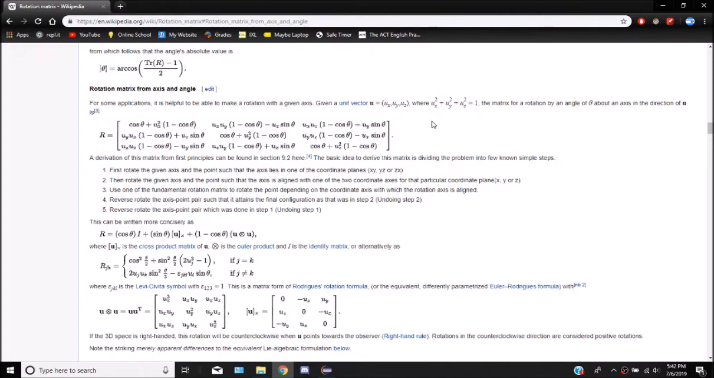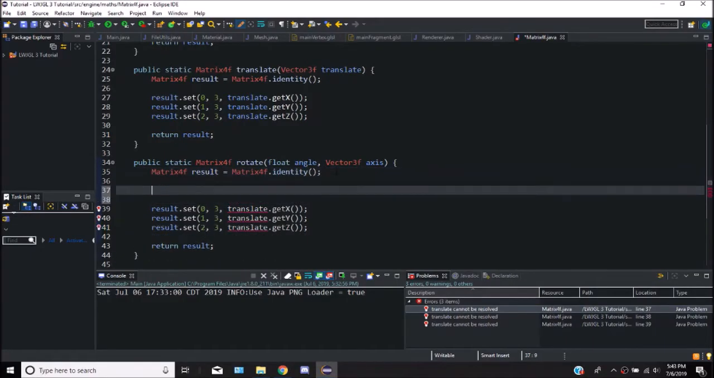So yeah, here we go. We first of all need a few variables. The cosine of theta, which is just the cosine of our angle. We also need the sine of our angle, and so we can actually do that by just creating a few variables in here, saying float cosine is equal to a float,